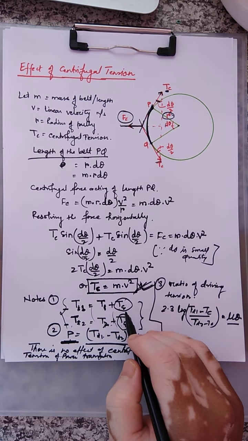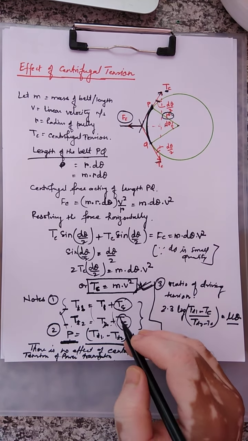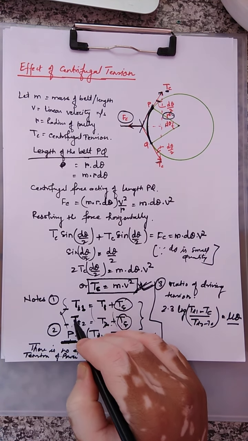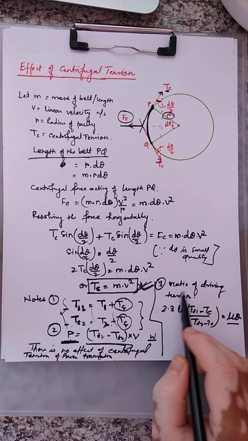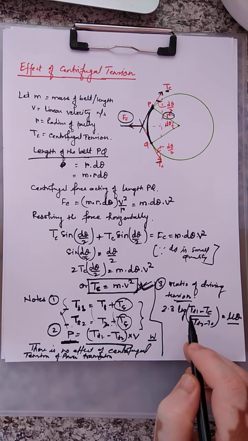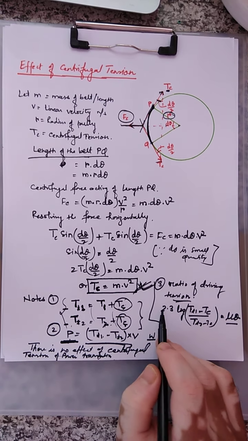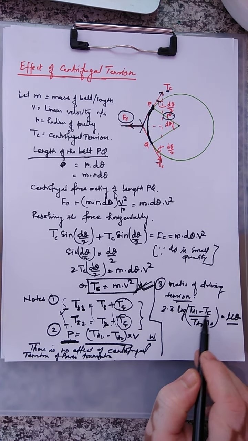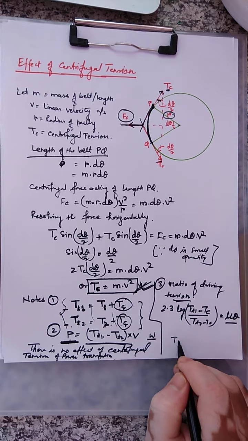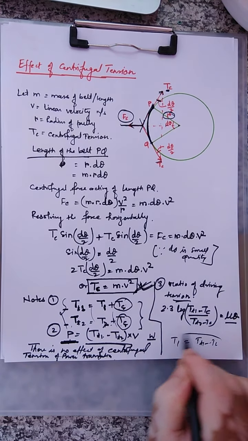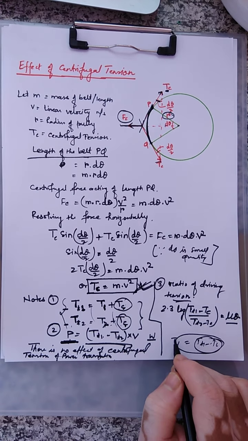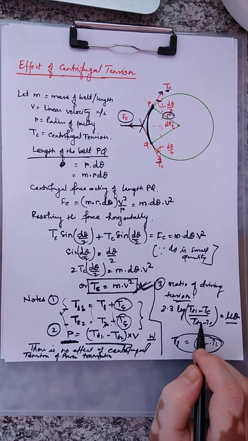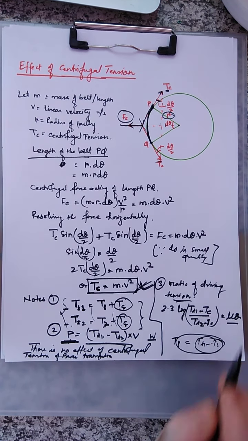But if a question requires us to consider the centrifugal tension, then we have to consider it, and this will be our tension in the tight side and this will be our tension in the slack side. Now the ratio of driving tensions, as we all know, T1 by T2 is equal to e to the power μθ, or 2.3 log T1 by T2 equals μθ. Then we replace T1 and T2 by T1 minus Tc and T2 minus Tc, so (T1 minus Tc) by (T2 minus Tc) is equal to e to the power μθ.